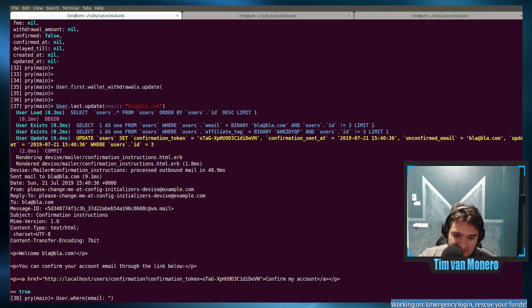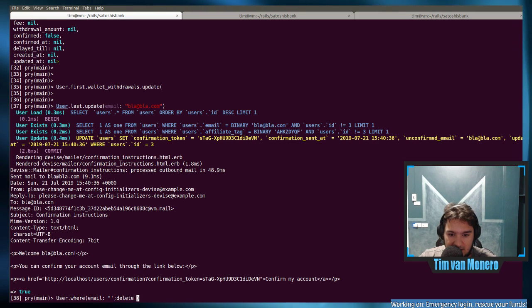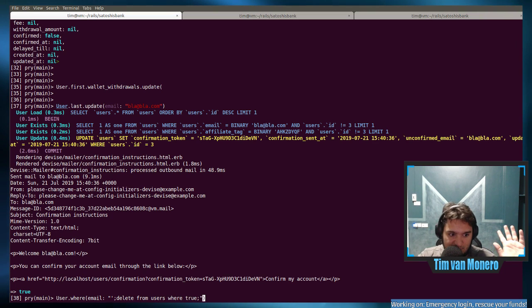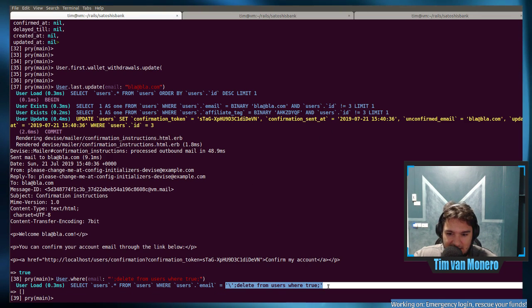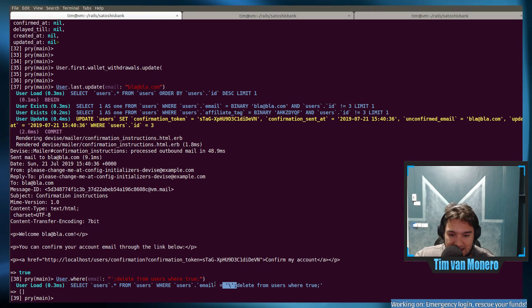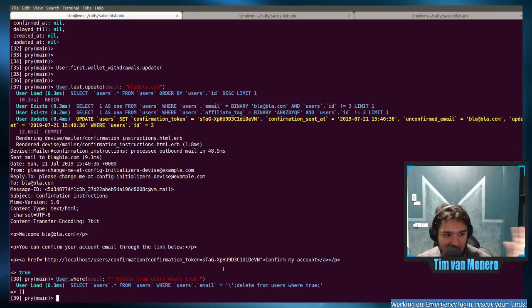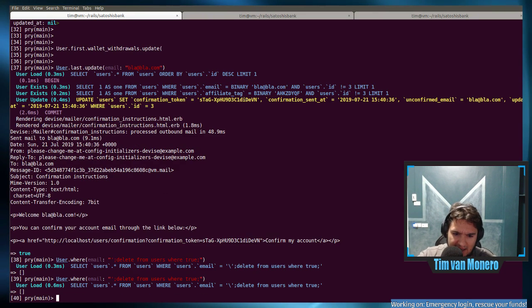So if param is something like delete from users where true, just pretending. This is Rails always. The only way to really have an SQL injection in Rails is when you do something like